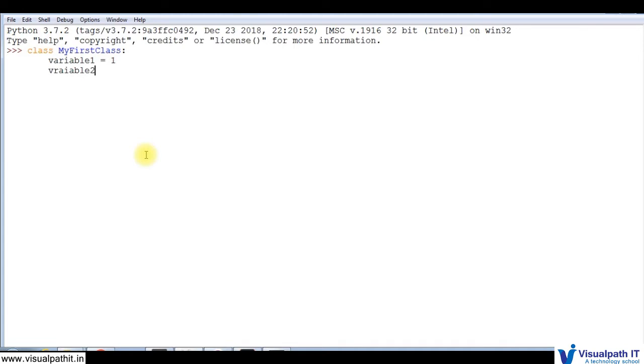Let's declare one variable, variable 1 is equal to 1, and variable 2 is equal to 2. And let's write one method inside the class, def sample, and remember the self keyword, which we'll discuss later, and let's return hi. Enter. Now that we have defined a class,